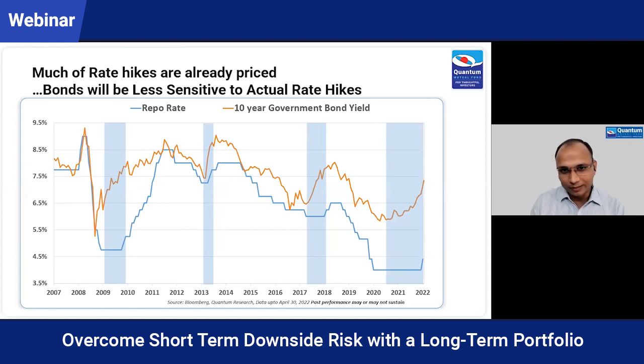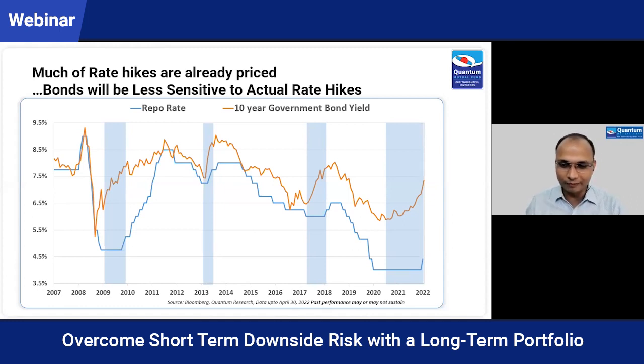So now, going back to the market reaction, the best thing is to see how the market behaved in earlier rate hiking cycles. The highlighted area you see is the earlier rate hiking cycle. And every time you can see that the orange line, which is the bond yield, moves ahead of the RBI. Whenever RBI is about to hike rate, you see a very big jump in bond yield. And then when they actually hike rate, it doesn't move that much. There is some up move, but it becomes less sensitive to the rate hiking cycle.